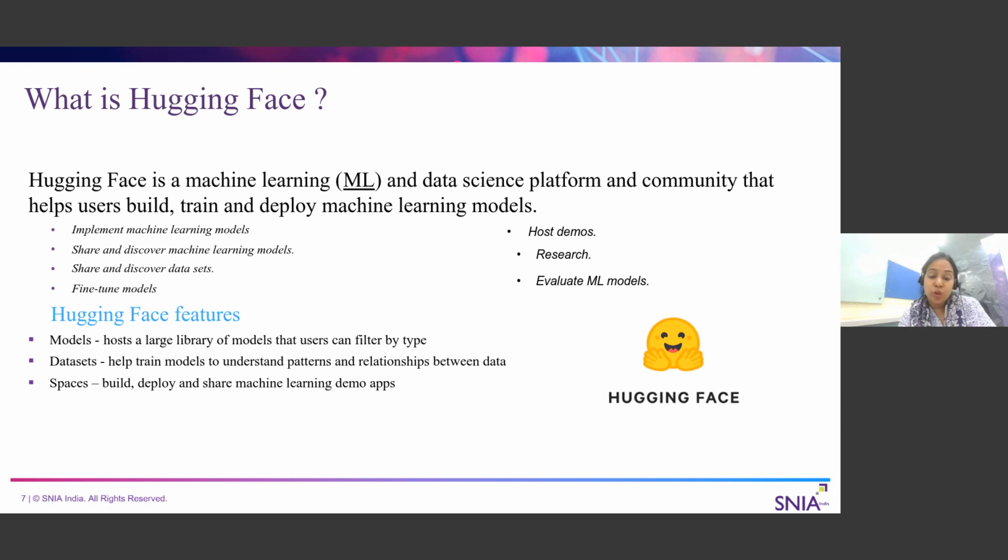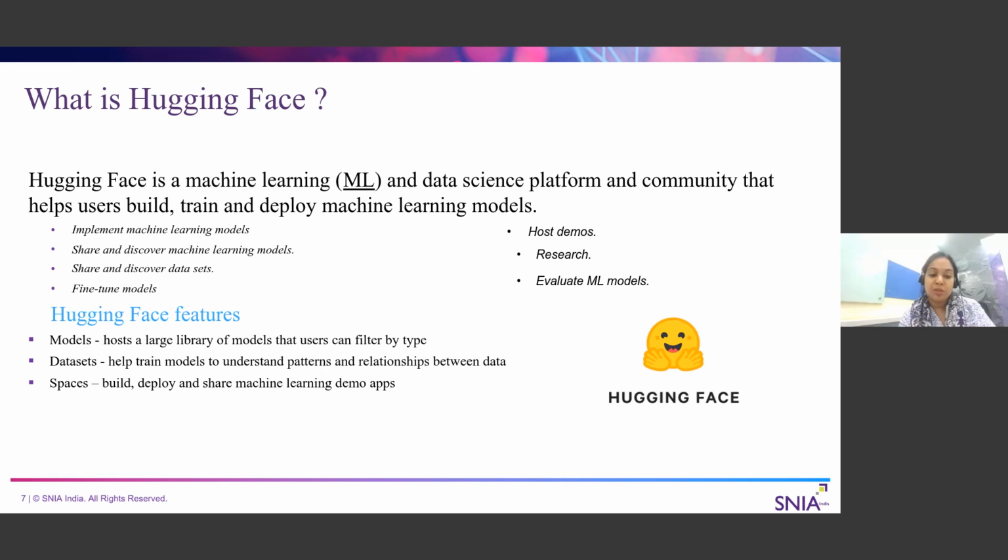So what all can you do here? Starting with, you can implement different machine learning models. You can not only implement, you can share it so that other users can consume it and discover other models that you have made, and also give feedback to you that okay, this is cool or this is not working really good. You can share and discover the data sets that you have used for training your model. You can fine tune your model, host demos, do any sort of research. Especially people who are in the research field, they need a lot of data. They need to know what the different models available are. So starting all these things from scratch is definitely going to be very time consuming. So this is a perfect place they can go.